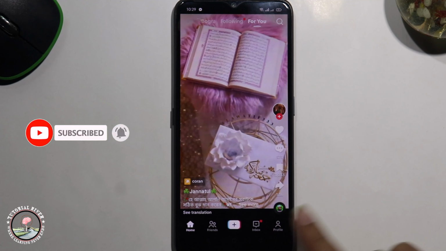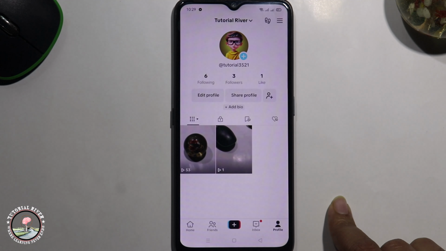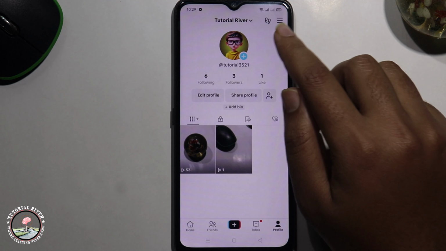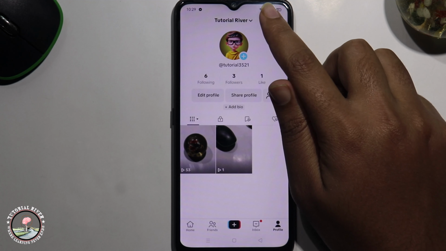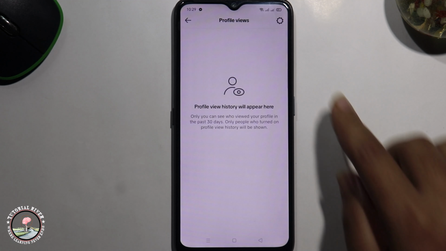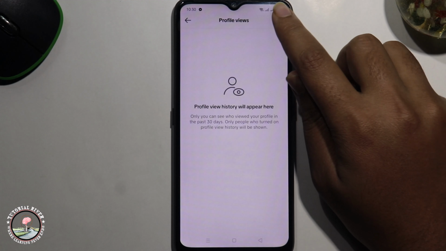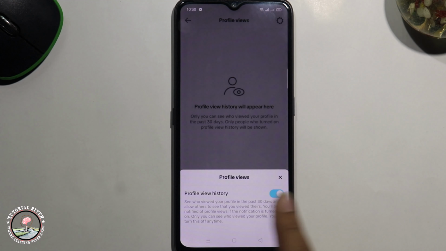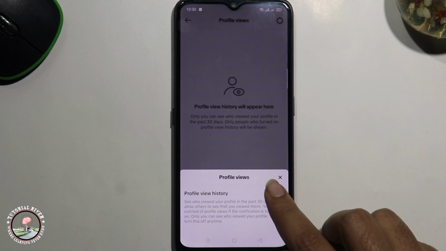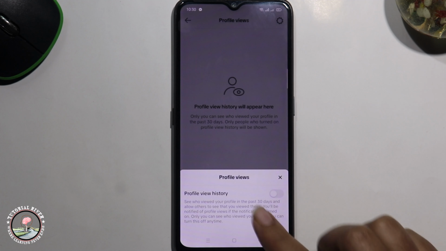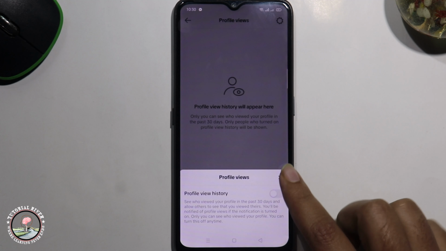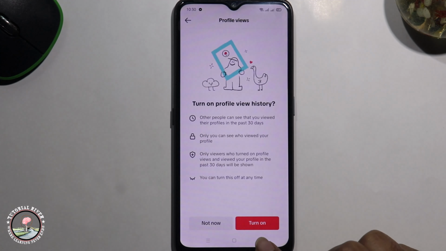Click on profile, tap on this icon, setting icon, and now we can easily turn off this option, but some profiles do not provide this option from here. So